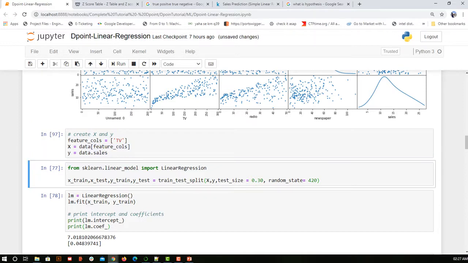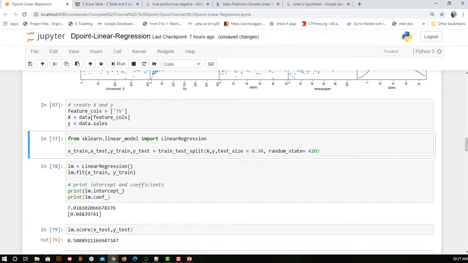So here I am dividing my data set, and then splitting it into training and testing. The training is on which I'll train my model, or fit my model, and to find the accuracy or other measures like sensitivity, recall, and precision, I'll use my test data. Here I am saying 30%, which means out of 200 rows, 140 records, that is 70%, will go to training and the 30% will go to testing.